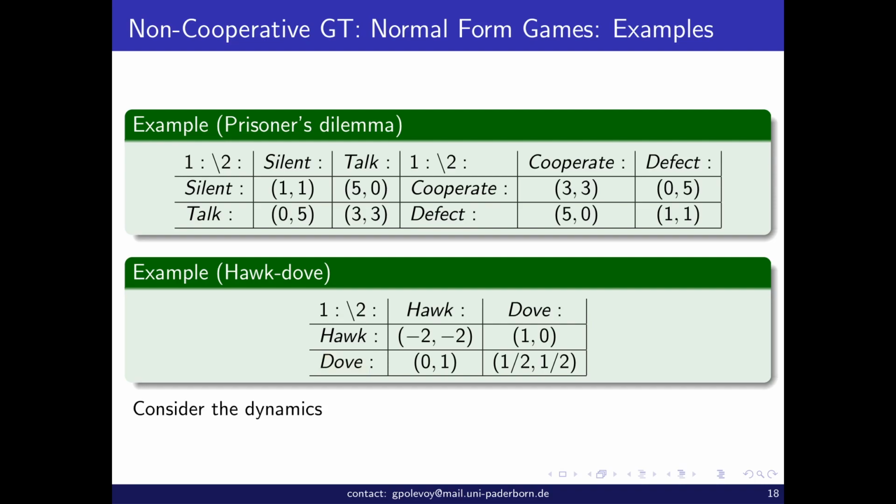Okay, another example. Let's consider the dynamics of best response. I remind you, assume that everyone chooses the best response to what others do. So, for example, let's look at the prisoner's dilemma in the utility formulation, which is a classical game, where you can cooperate or defect.